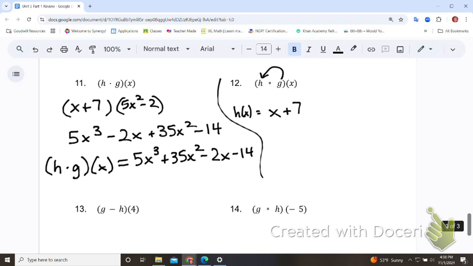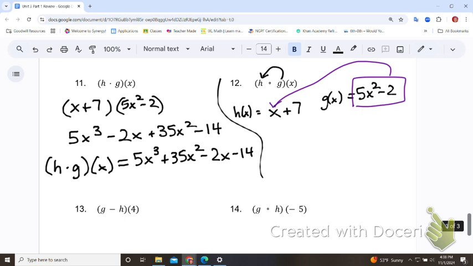So my g function, which is 5x squared minus 2, this entire g function is going to substitute in for that x. Just like any kind of substitution, once we put it in, the regular x is no longer there. So now what we have for h dot g of x